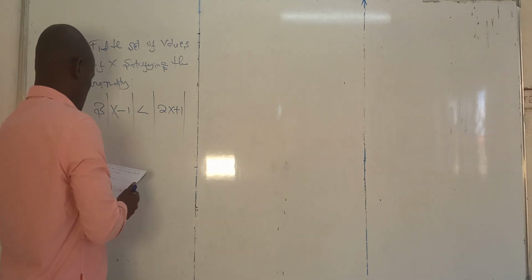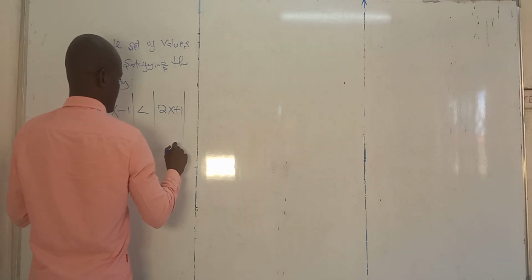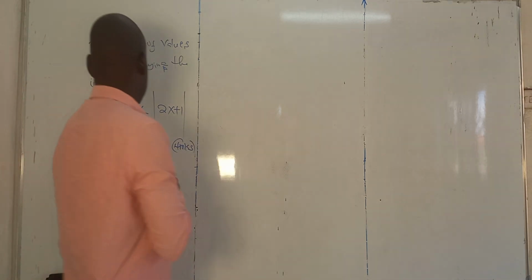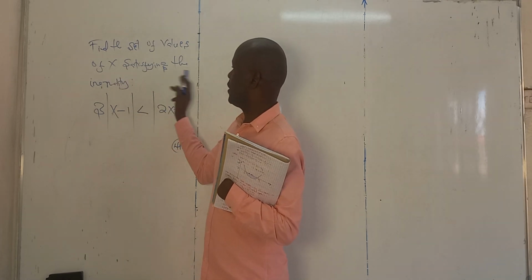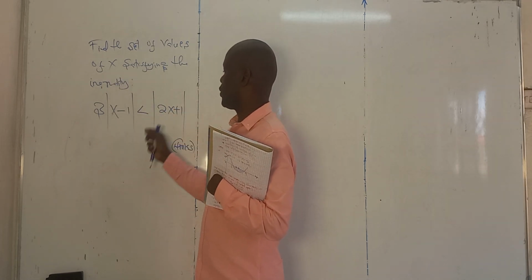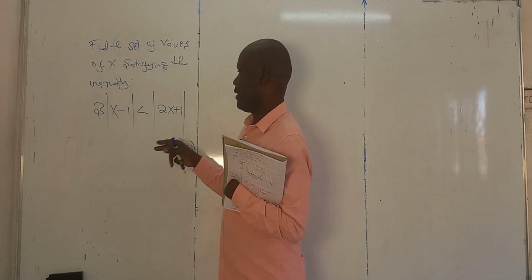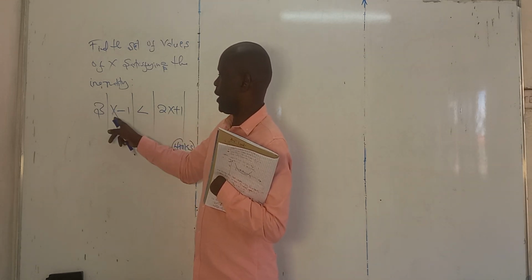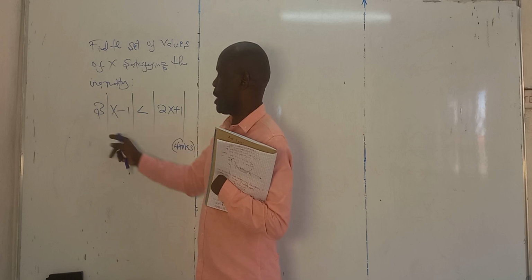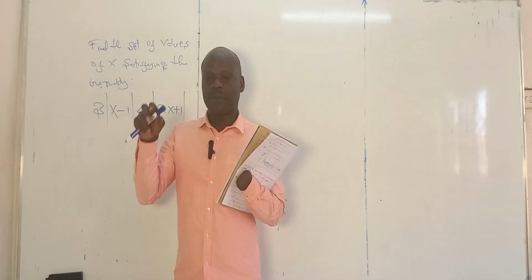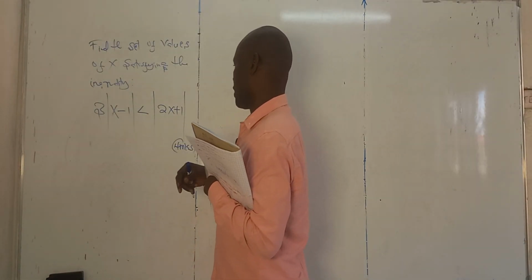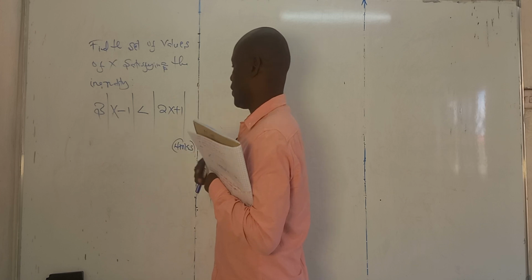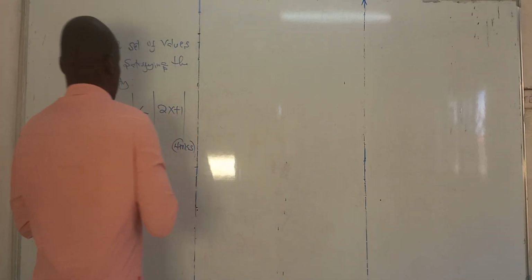So this is 4 marks. You are asked to find the set of values of x satisfying this particular inequality. Putting 3x minus 1 in between these two bars simply means that we are considering the modulus, that is, the positive values of it. The same applies to 2x plus 1. So what we need to do first is to